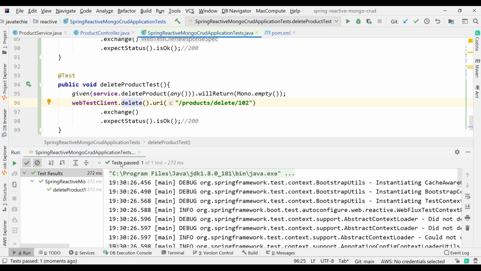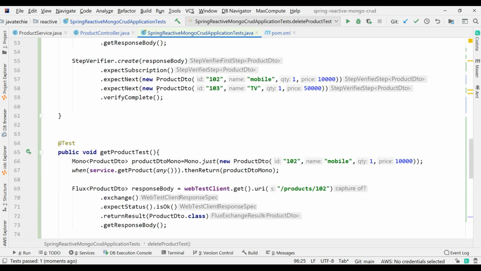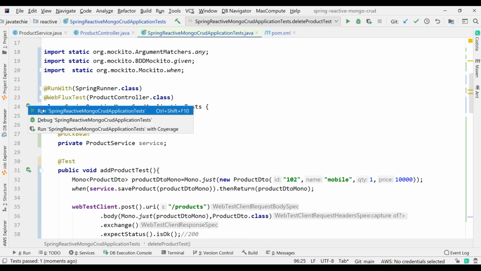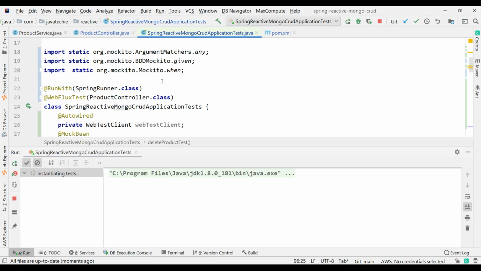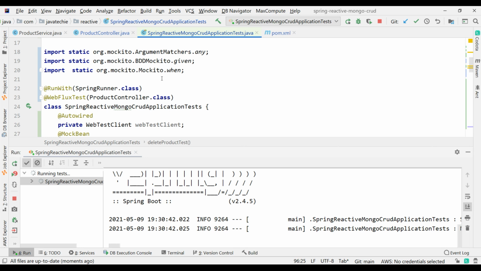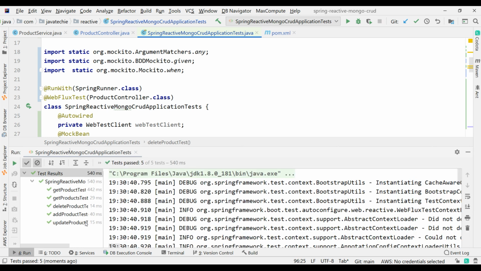Yeah, so it got passed. Now let's run all the test cases. Okay, so we created 5 test cases. Let's run all. Yeah, so you can see all the CRUD test cases succeeded.